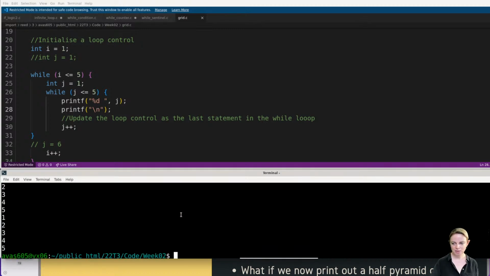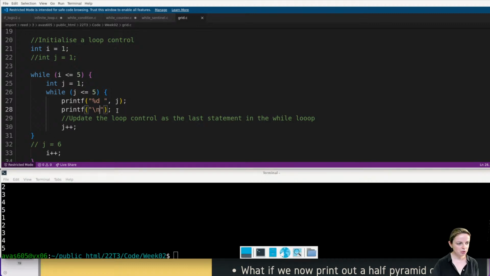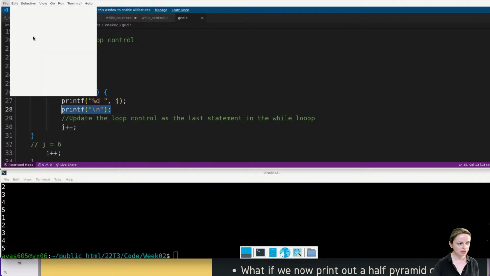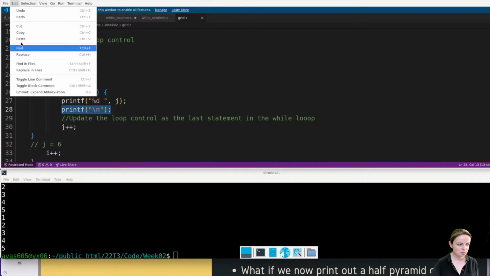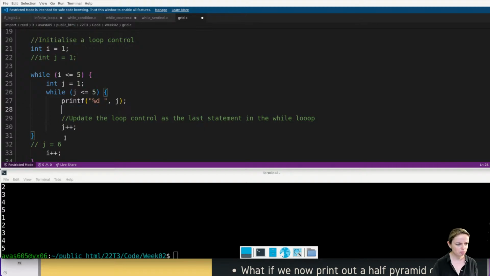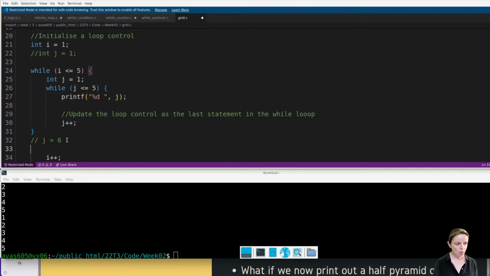Haha, it's just printing them all out, because if I put it in here, it's going to do it after every j. That's after every column entry. So this is not where I want it. But it's an easy mistake to spot, right? So don't be scared to make this mistake and be like, oh yeah, actually that's not a good place for it. I really want it when it finishes each column. So when it finishes doing one column, I want it to then do a printf new line.